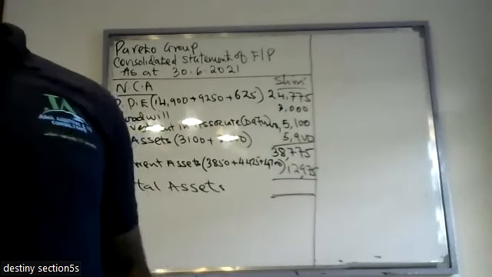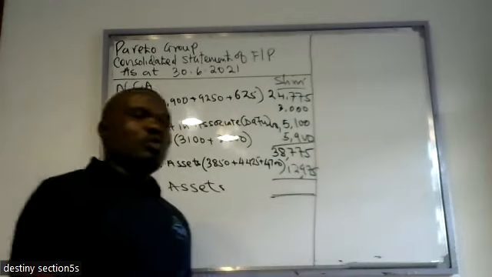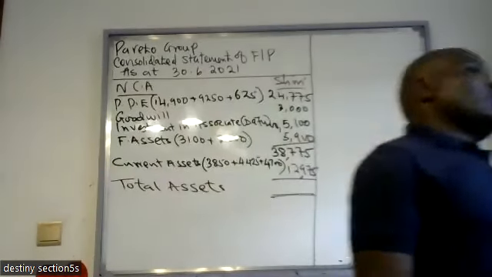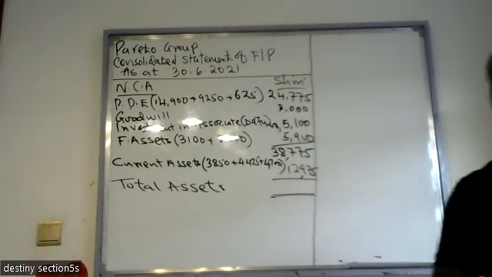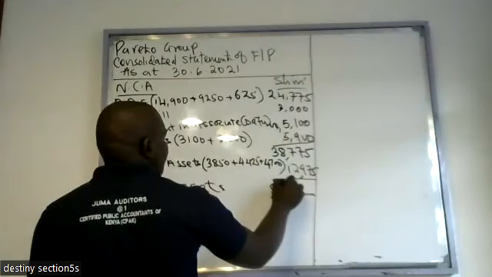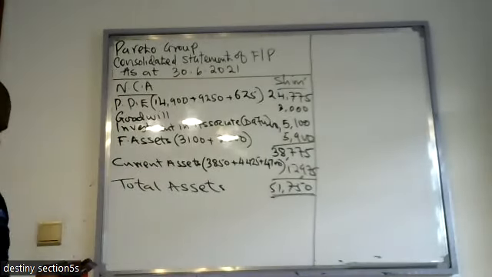Help me with the total assets. People are getting 51,750. If that is okay,